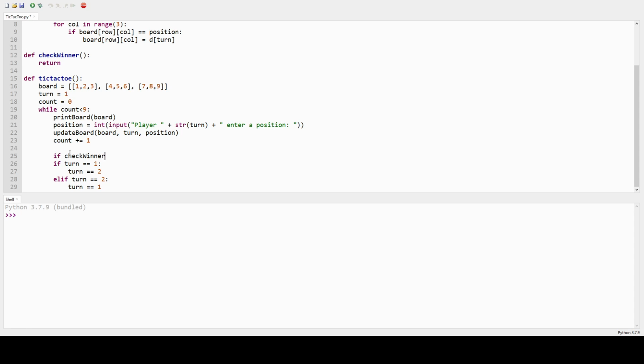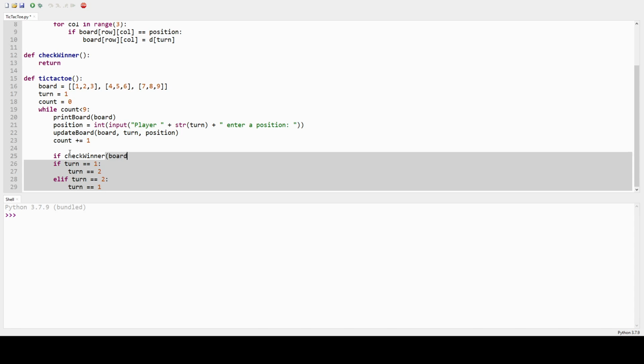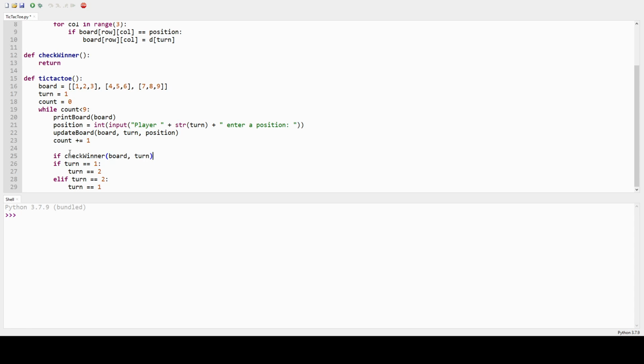If there's check winner, and we're referencing the board because we need to figure out who's winning based off of the positions on the board, the marks on the board, and who the player is, because obviously when you think about it logically, whoever played the last move, if someone wins, whoever played the last move has to be the winner because they were the last one to put it down, and they had to put down whatever position to have 3 in a row. So if that's true,